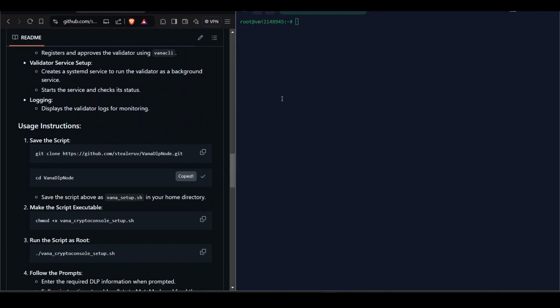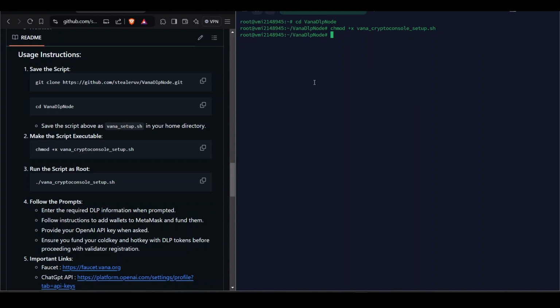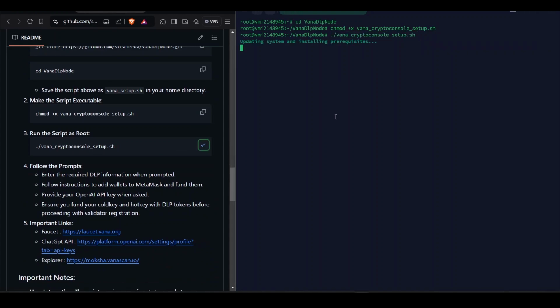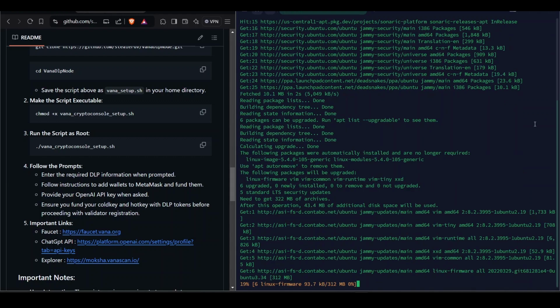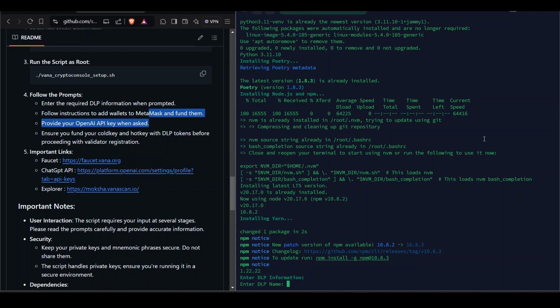Just watch carefully. After cloning the repository, go into the directory, make the script executable, and then start the script. This will install all the dependencies, and it will be followed by questions. It will prompt many questions that you need to answer, so watch carefully on that. After setting up the dependencies, it proceeds to ask for information. The DLP name is nothing but your node name. Give something. I'm gonna give console 1,